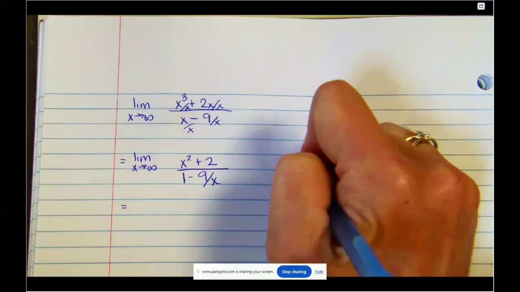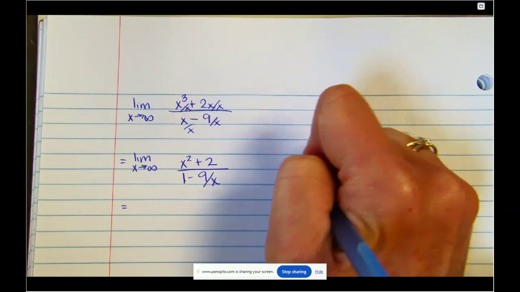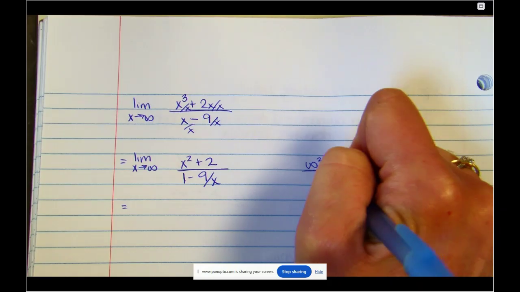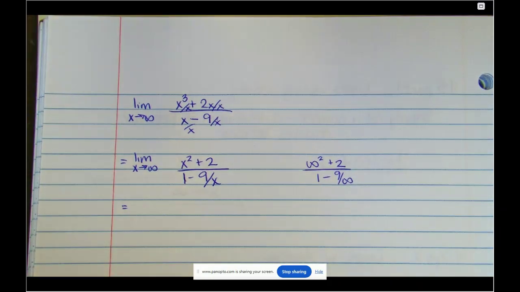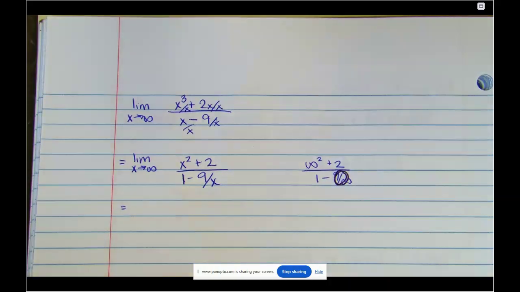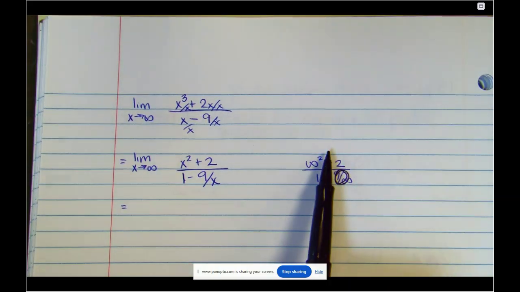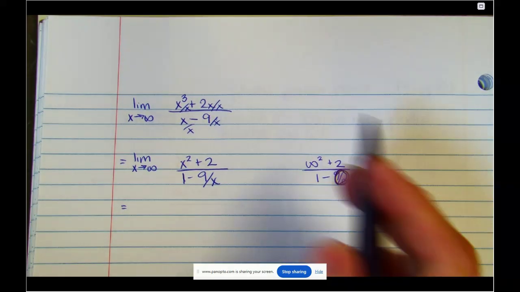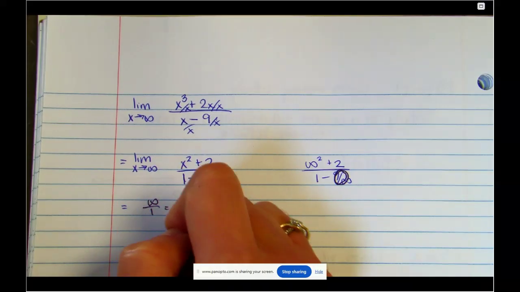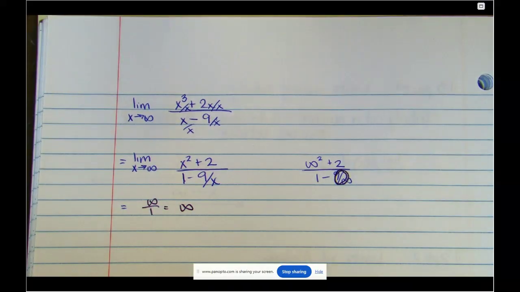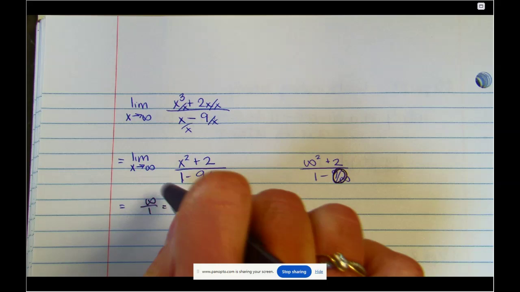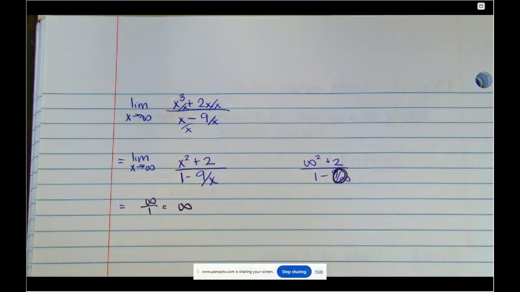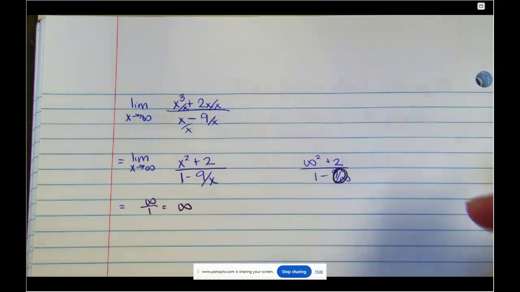So I want you to think about it. People are like, oh, infinity is just 0. It's not. This is 0 because that's a number over infinity, but the top is infinity squared. What's infinity squared? Infinity plus 2, still infinity. This is infinity over 1, which is infinity. Infinity over infinity is indeterminate, but infinity over 1 is infinity. So I want you to think about dividing something infinite. You're dividing by 1, but even if it was infinity divided by 4, that's still infinite.